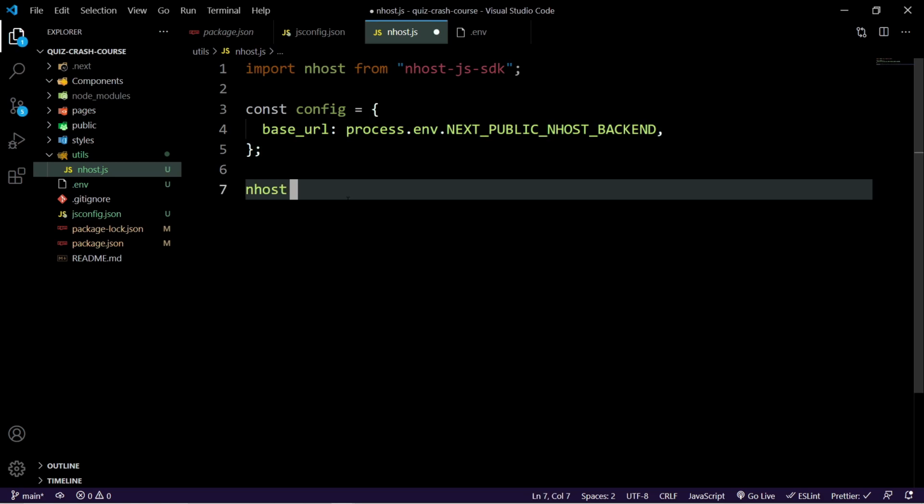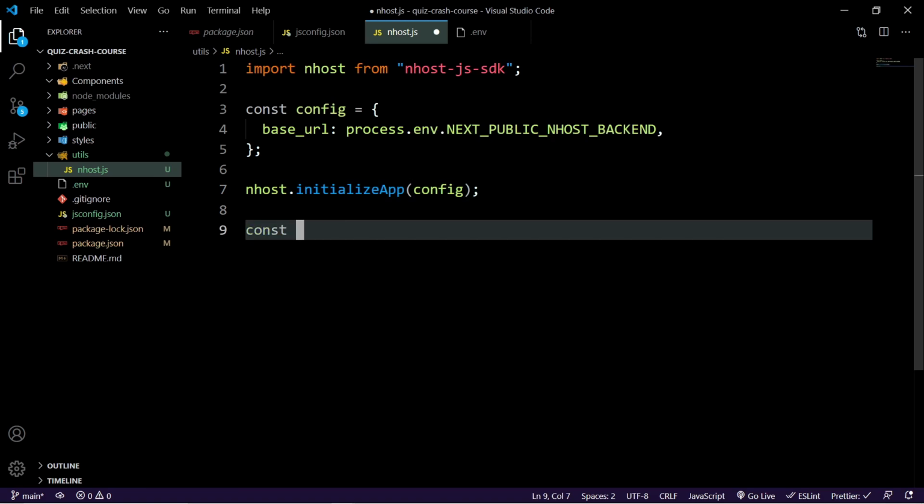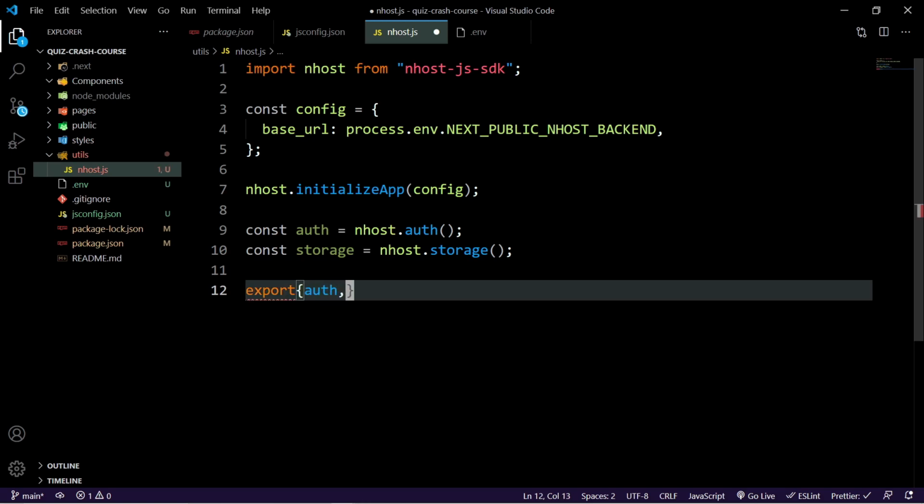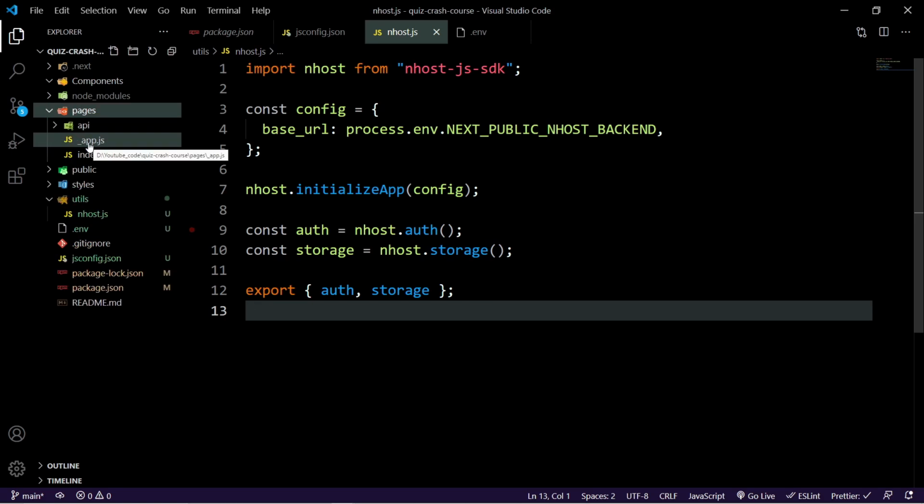And then underneath, we can just ask it to initialize the app by using the configuration that we have above. And then from there, we can essentially just create the auth part of the application and the storage part. And then say export auth and storage. So at this point, we're basically ready to use Nhost in any way that we feel is appropriate. So now that we have this, what I want to do is make some changes to our app.js file so that we can use both the authentication parts, the GraphQL through Apollo through Nhost, as well as ChakraUI